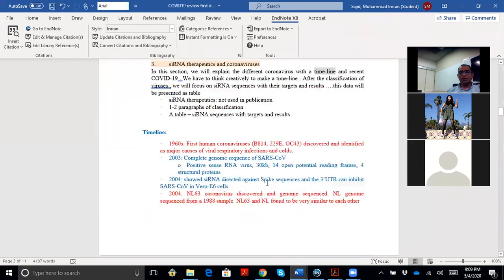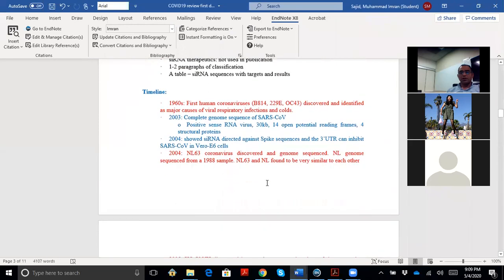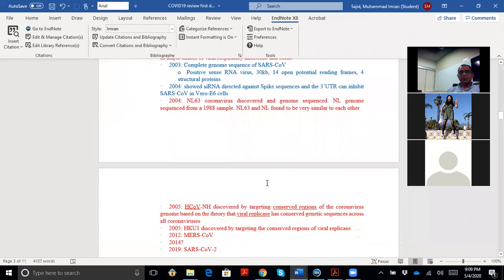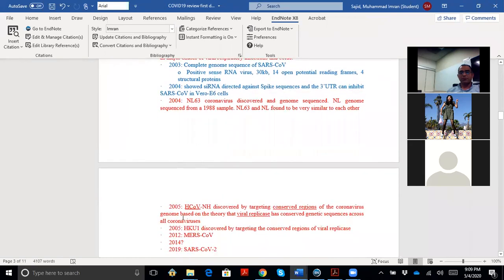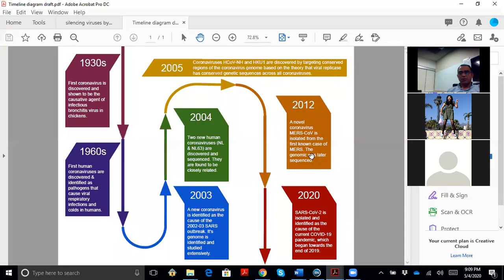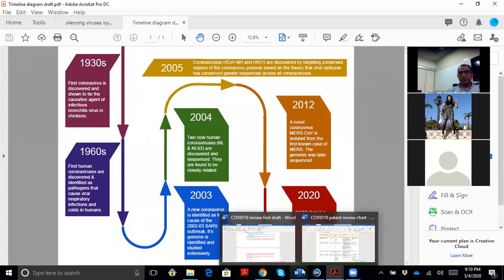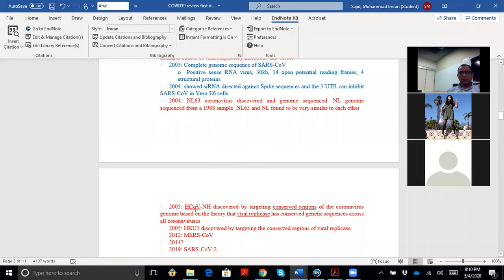So basically, you wrote this timeline, 1960, the first draft, 2003, 2004, then 2005. When I see this timeline, there are two things in 2005. Yeah, I just combined it into one thing.